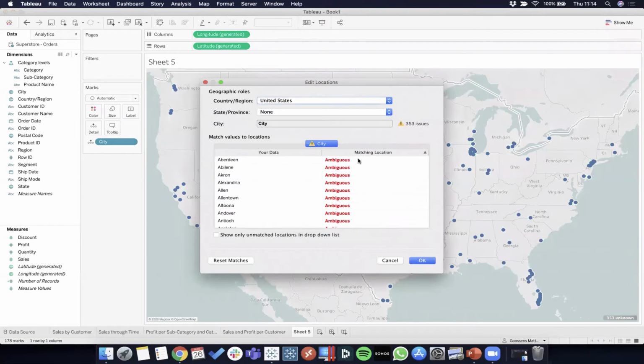I can edit locations and okay, Tableau says they're ambiguous. So it means there are multiple ones of them. Aha, I can enter a latitude and longitude myself. If you're brave enough to enter 353 latitude and longitudes manually,